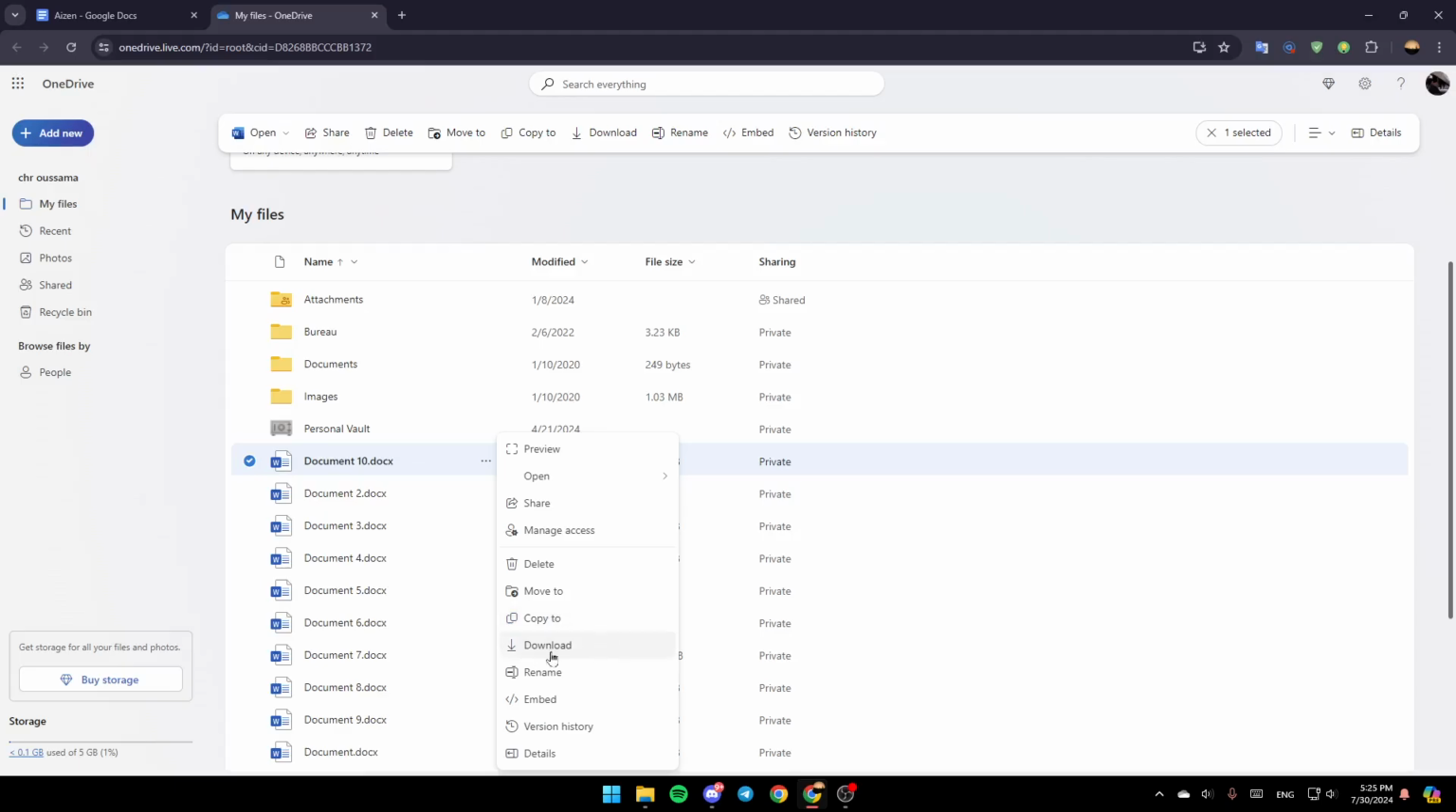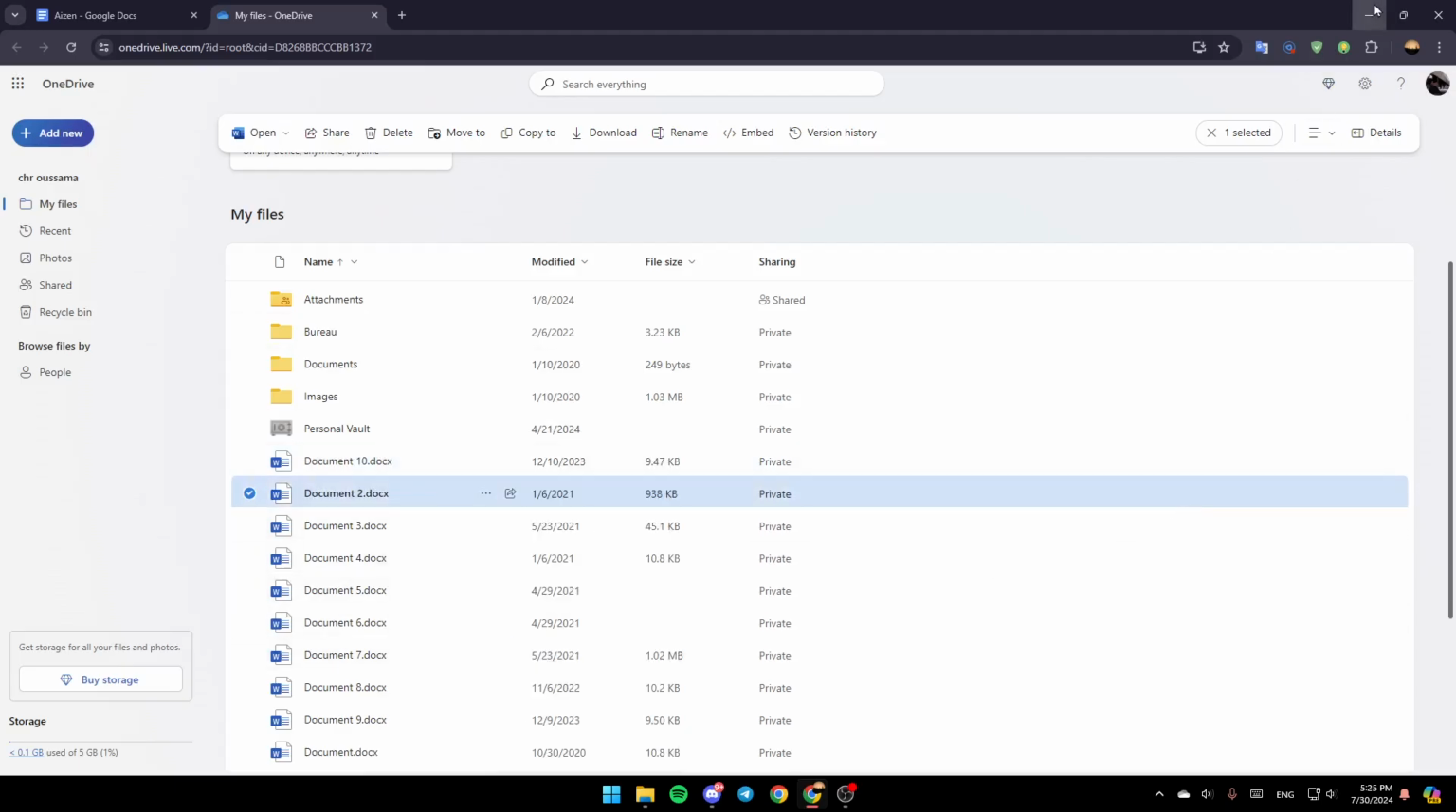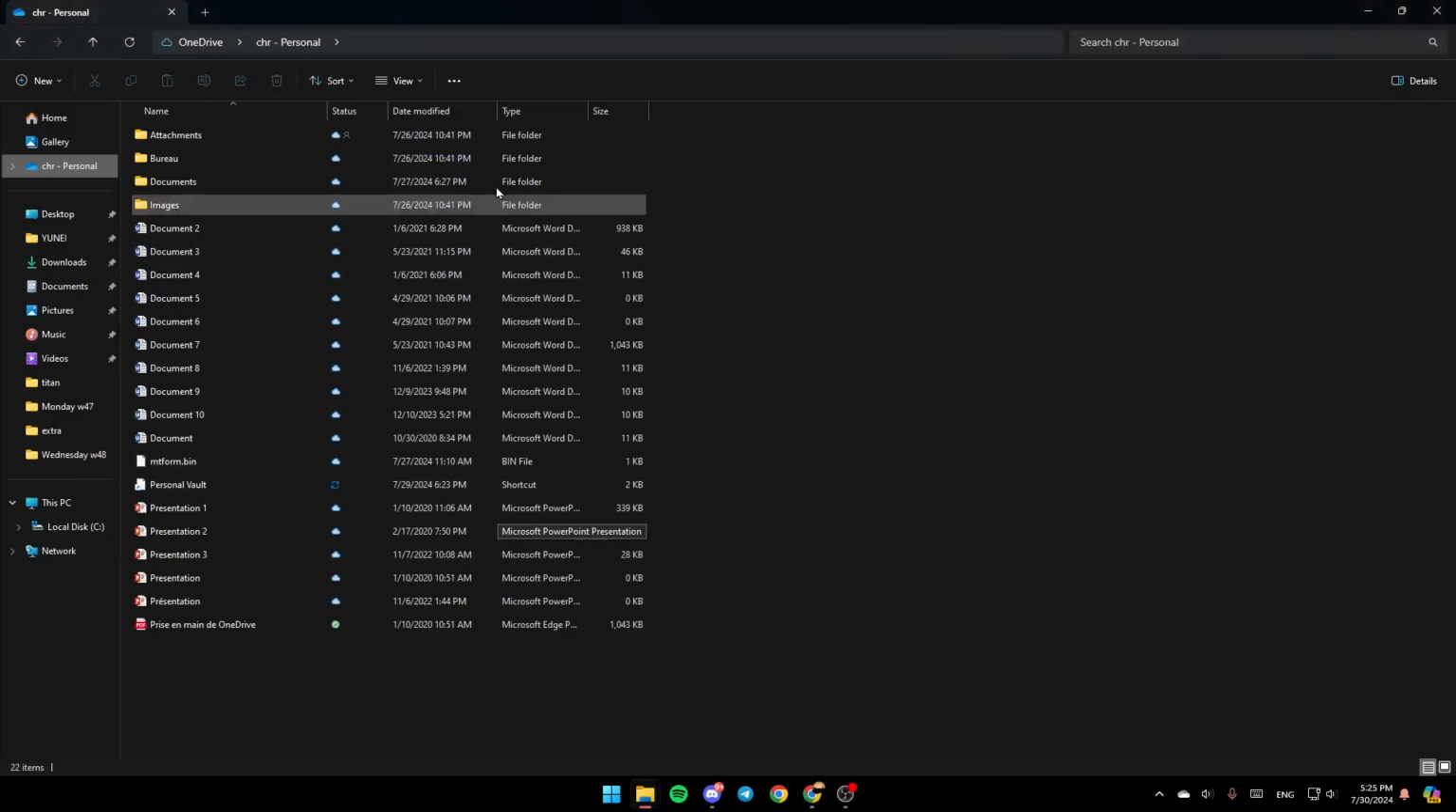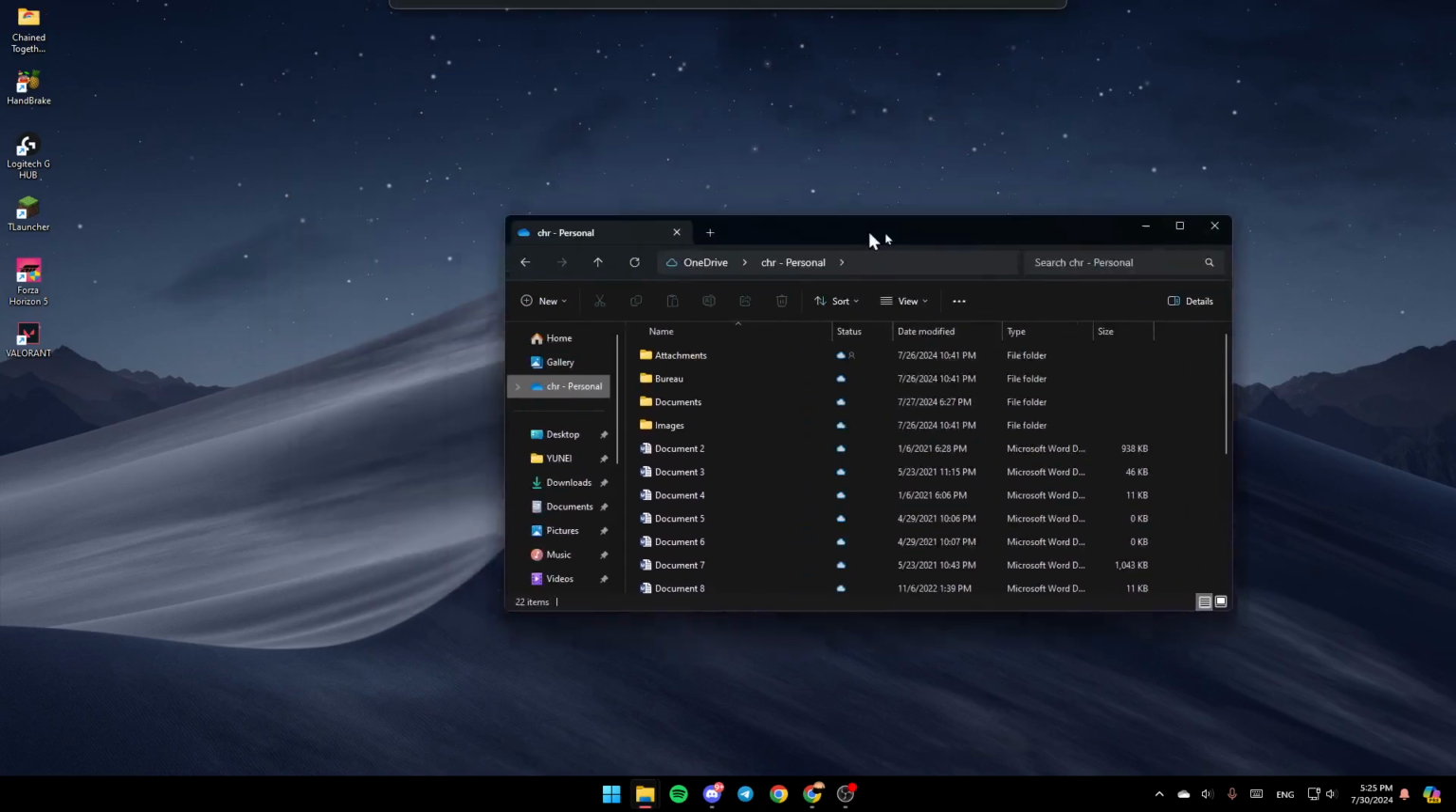For example, if you click right here, as you can see guys, you're going to find the download option. Or you can just transfer them from your File Explorer from here. Just minimize this